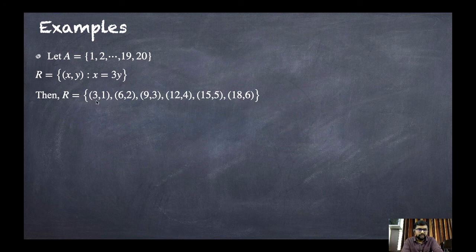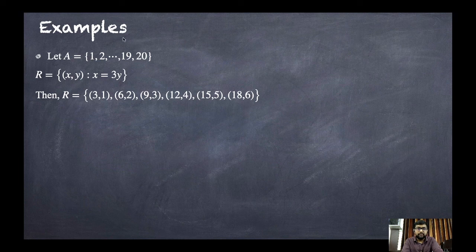So (3, 1). Same way, just start with the first element. So y coordinate is 1 and the x coordinate depends on y, so that means (3, 1). Now second, take 2. Just 3 times 2, that is 6. So that means (6, 2). Now the third: 3 times 3 is 9. Now same way 4, and 3 times 4 is 12. Now 5, then 15, 6 and 18.